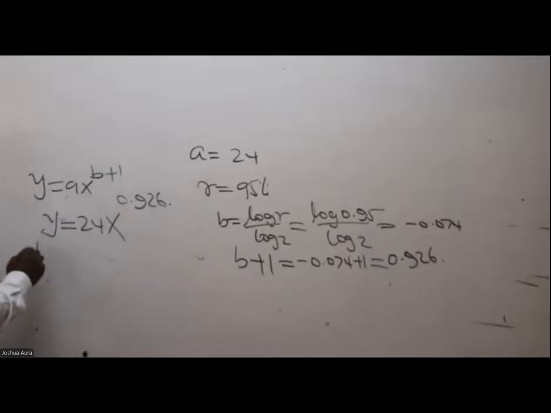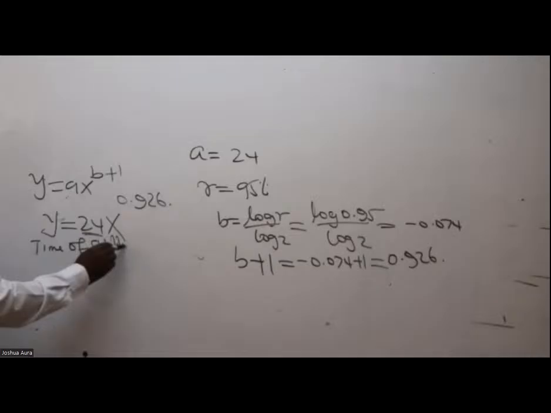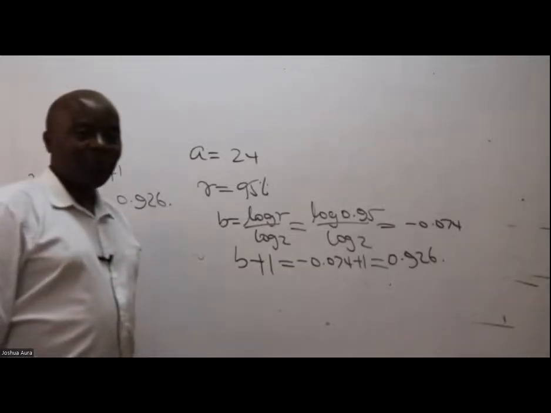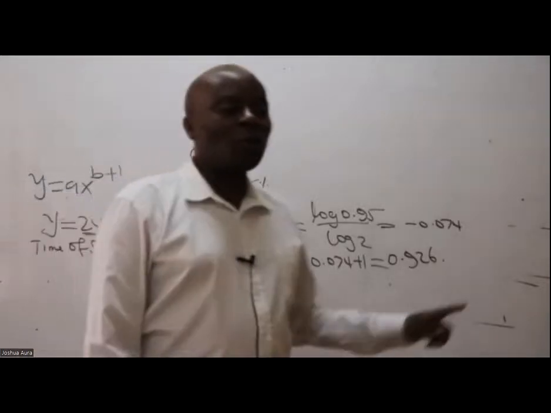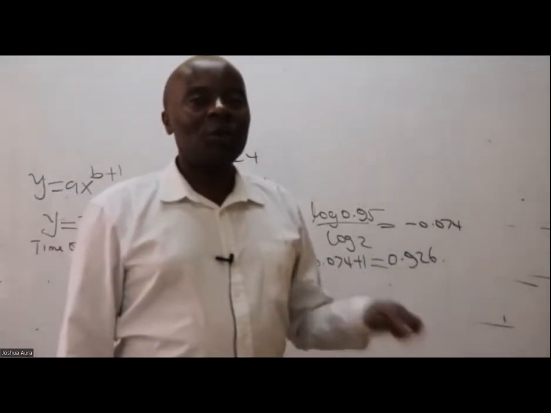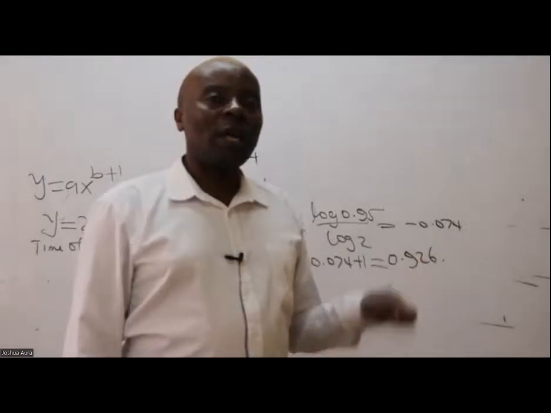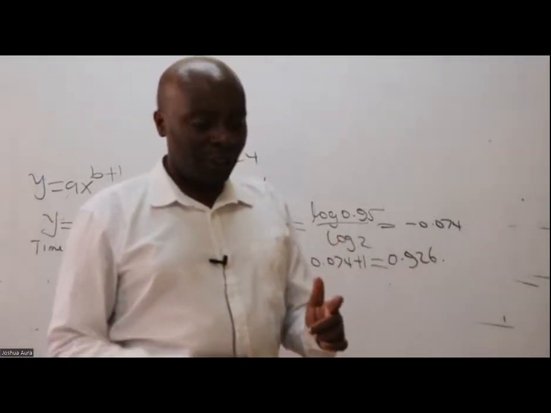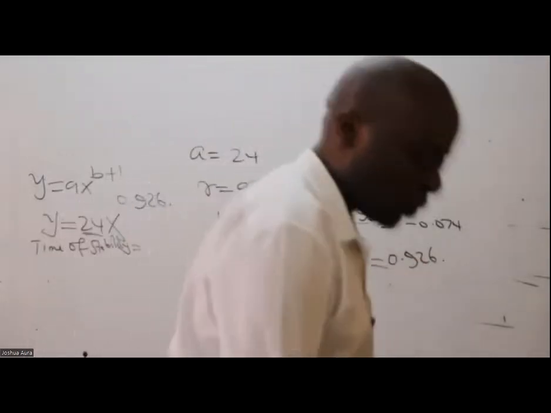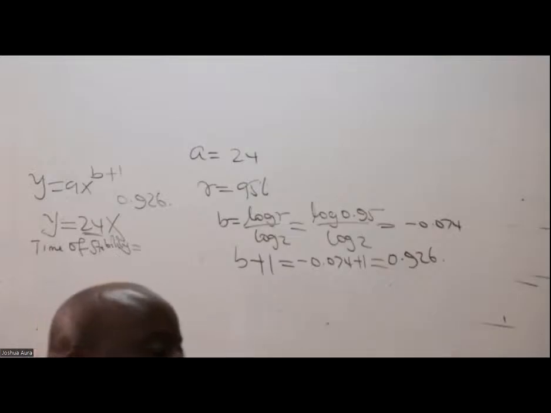And then now we have the time of stability. This time around, this 24 is time. So time of stability. Remember, the entire contract is a contract over how many kitchens? 600. But we're not going to learn up to the 600th unit. We are going to learn up to the 200th unit. That's what they told us. They told us that we shall stabilize at the 200th unit.